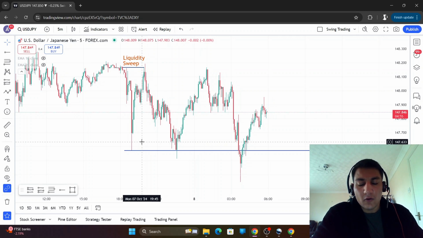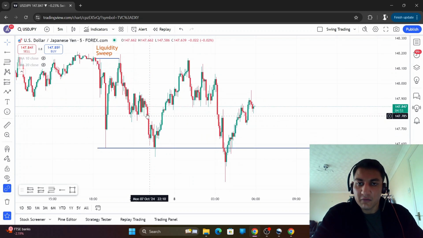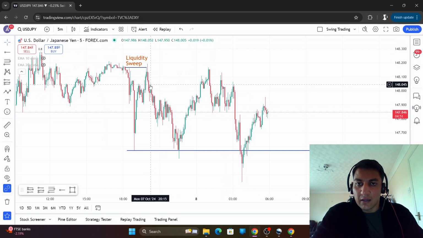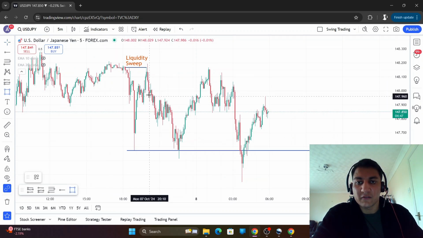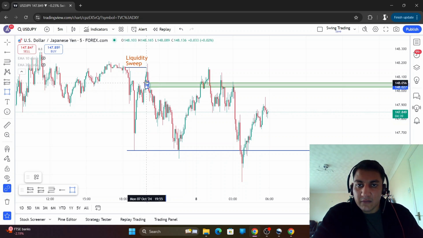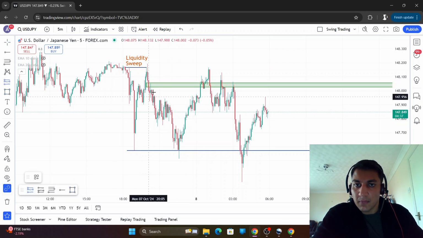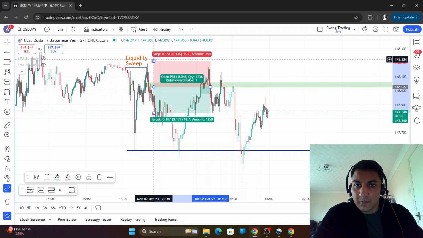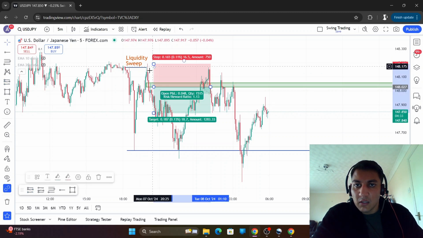And now we're looking for a fair value gap. Is there a fair value gap that forms? Yes. You see it right here at 8:05 p.m. And remember, we want it to form between 8 till 12 a.m. Eastern, because this fair value gap here tells us what Asia actually wants to do. So here we go. We mark out the fair value gap. You're going to enter at the fair value gap low, stop at the swing high here.